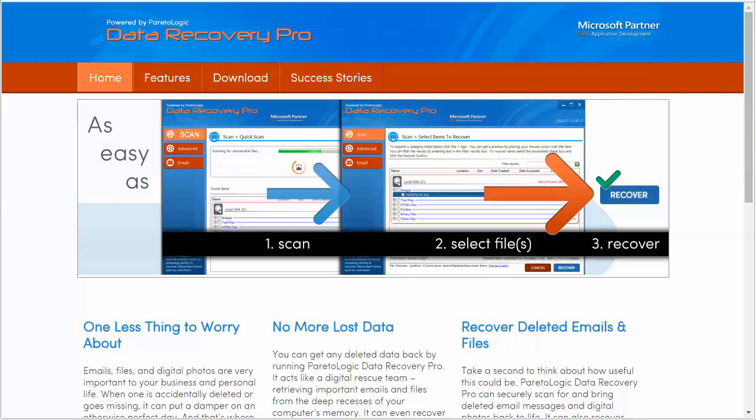Hey guys, in this video I'm going to show you how to recover deleted files from your computer. This is going to be a full tutorial demonstration of using a software that I use found at